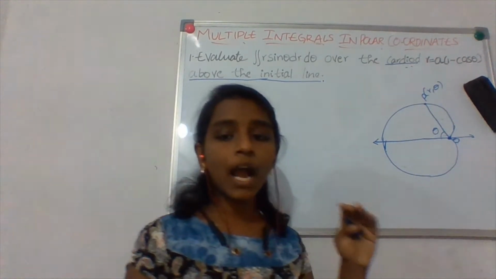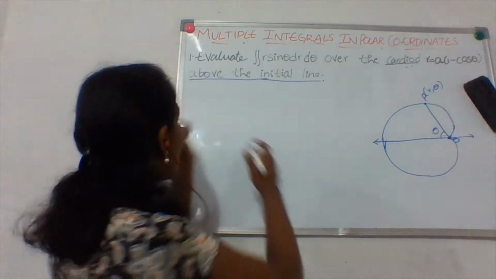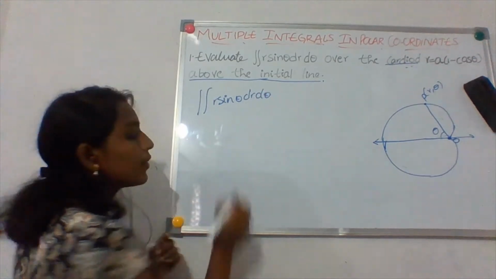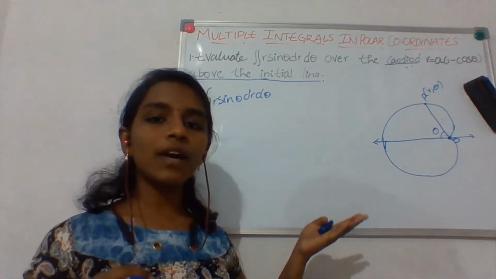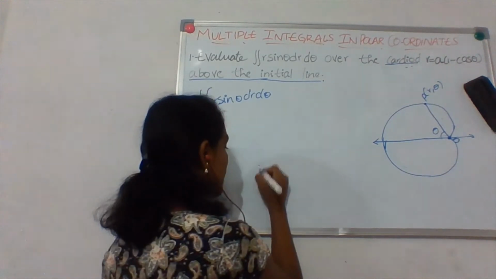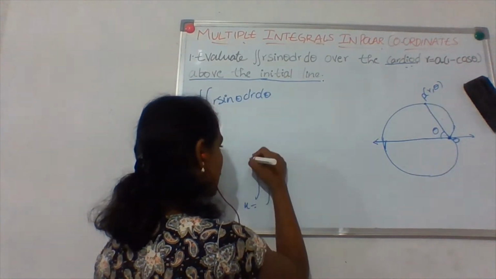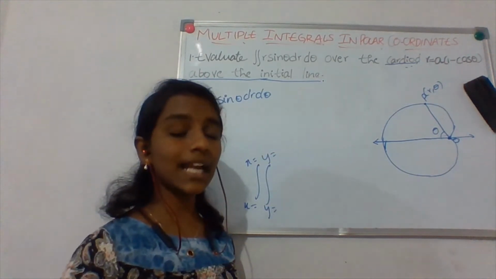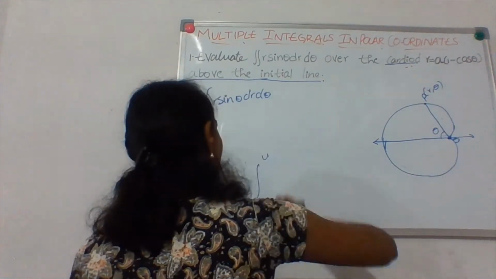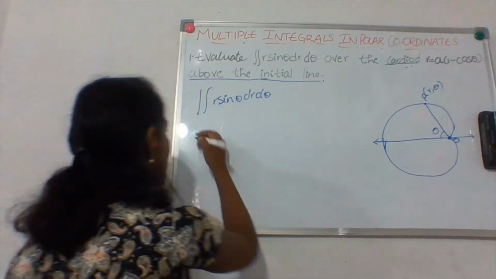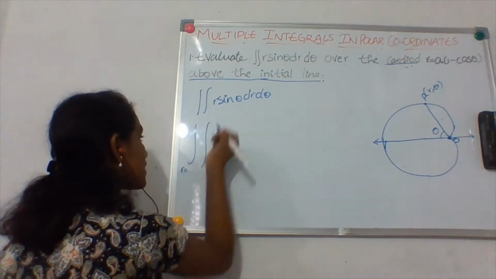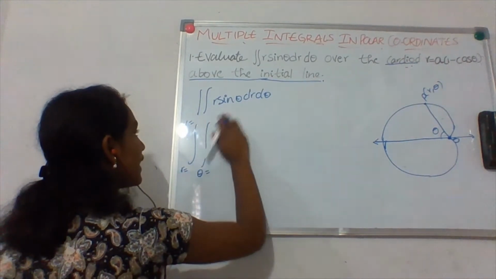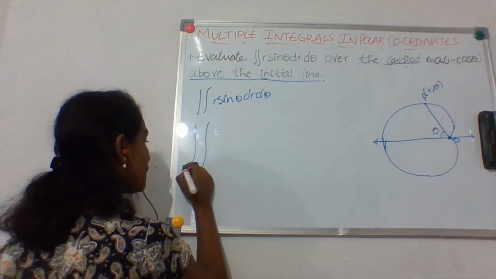Yes. So now how do you write the limits for this? How do you write limits for the integral r sin theta dr d theta? How do you write the limits for it? So if you have it in Cartesian form, then you would write integral of x equals something, x equals something, and y equals something, and y equals something. You write it like that. So now you are writing it in polar coordinates, right? So in polar coordinates, you have to write r equals something and r equals something. Same way theta equals something and theta equals something. Okay, first I'll write theta because I think that would be easier.